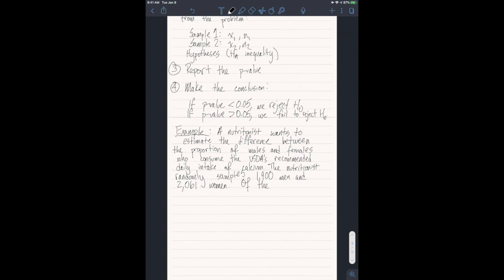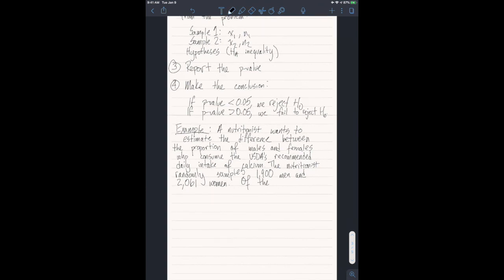Of the men, and I want to make sure this works, so I'm going to change their numbers a bit, of the men, 971